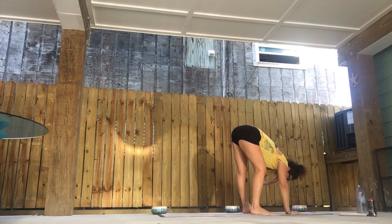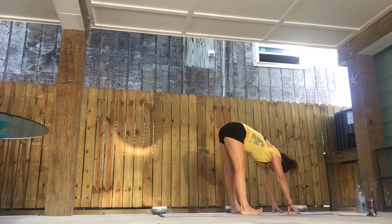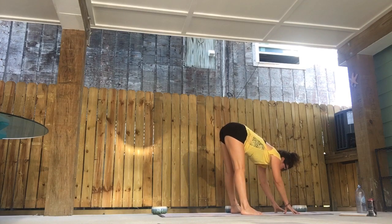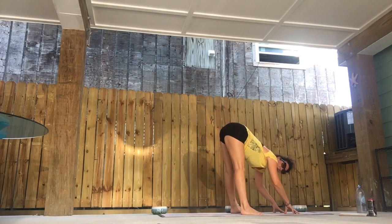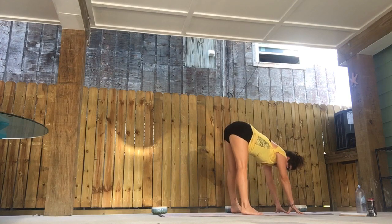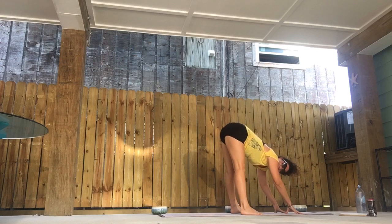All right, we just did our forward fold. So we're not going to take the full 3 breaths here, but go ahead and take a full breath to find your placement. If you need to bend those knees, bend those knees. Wherever you need your arms, find your forward fold. All right, on the next inhale, we're going to come to our half fold. Inhale,